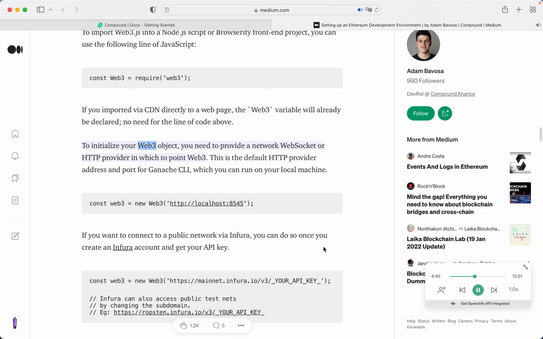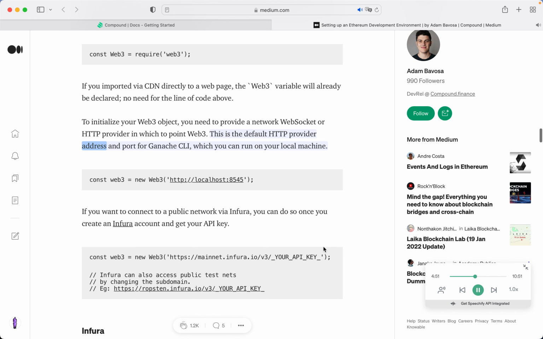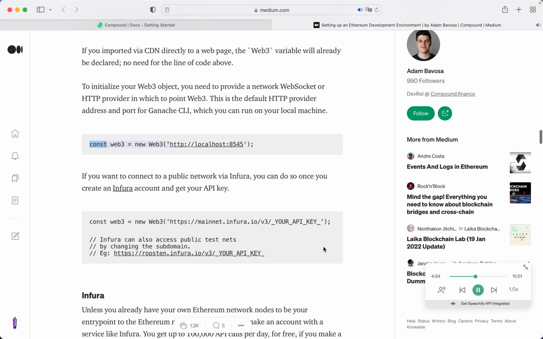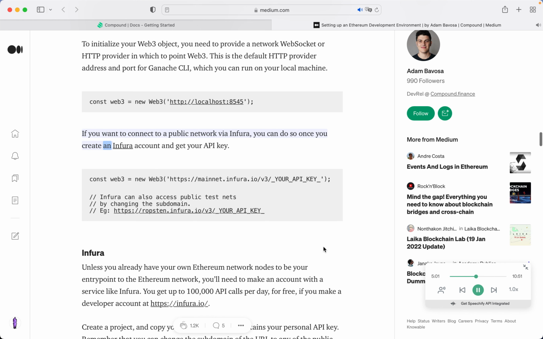To initialize your Web3 object, you need to provide a network WebSocket or HTTP provider at which to point Web3. This is the default HTTP provider address and port for Ganache CLI, which you can run on your local machine. const web3 = new Web3('http://localhost:8545'); If you want to connect to a public network via Infura, you can do so once you create an